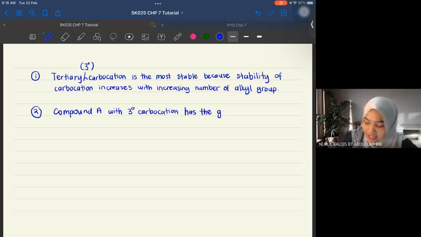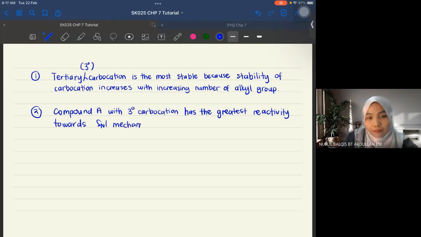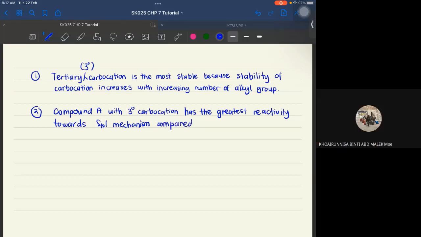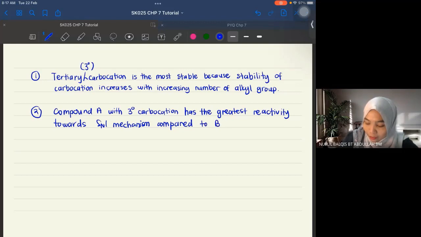Bila ni kita nak cakap asal reactivity, has the greatest reactivity towards SN1 mechanism. Okay, compared to siapa tadi? Siapa lepas A? B. Compared to B, buat dalam kurungan bagi tahu dia adalah secondary carbocation, sebab kita kan kena bagi tahu carbocation